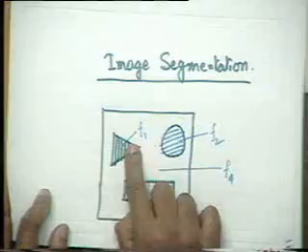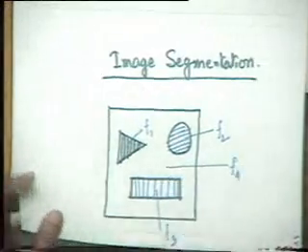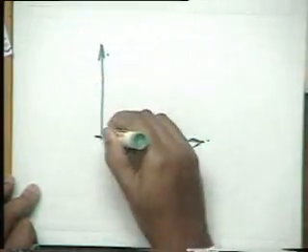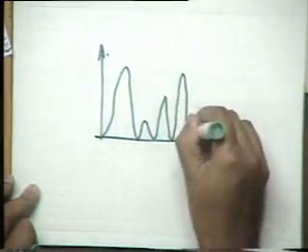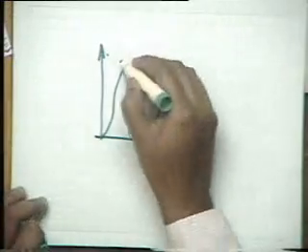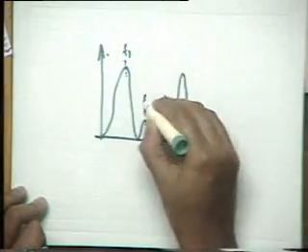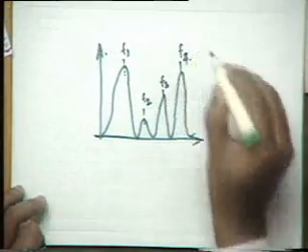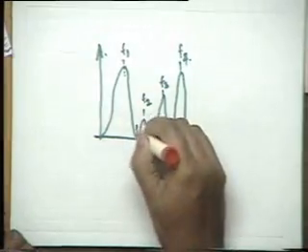Especially wherever we have images like this, f1, f2, f3, f4, then you may get a multimodal histogram. It could be something like this. Maybe we have this many pixels for intensity level f1, this many pixels for intensity level f2, this many for intensity level f3, this many for intensity level f4. Now what we will do, we can choose the threshold in such a manner that